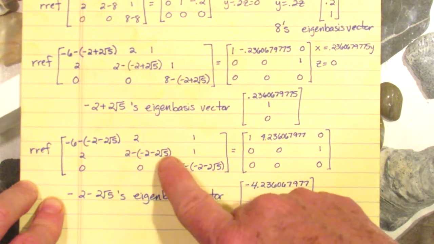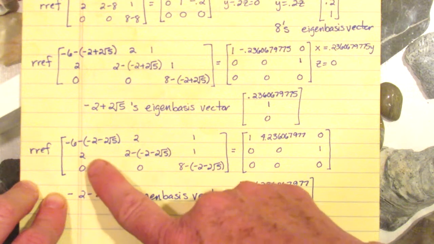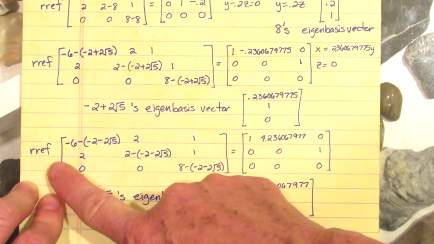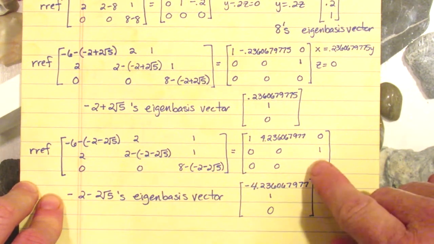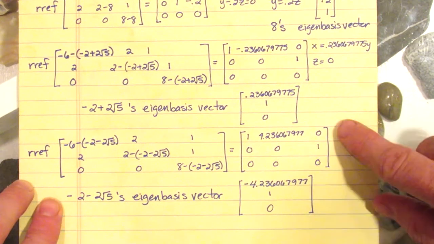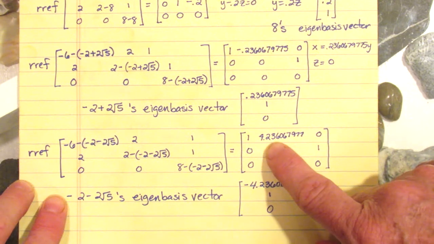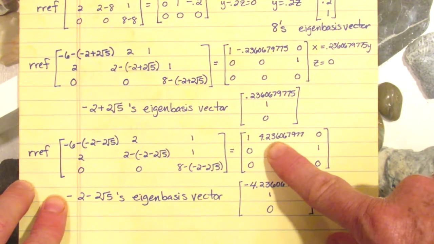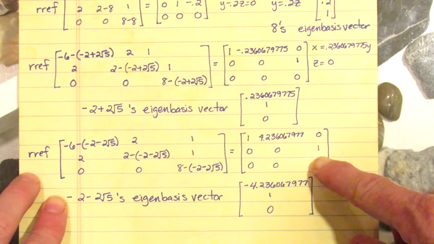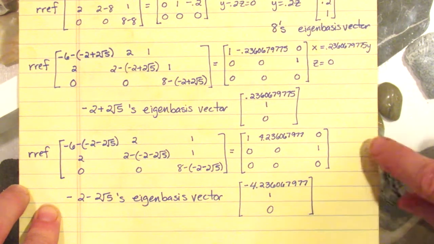So again, down the diagonal, you alter the diagonal by subtracting the eigenvalue. You leave these other values as is, and then you do the row reduced form, and you get this matrix. That matrix reads as x plus 4.23 (messy decimal) times y equals 0, and then once again z has to be 0. So the eigenbasis vector for this eigenvalue is